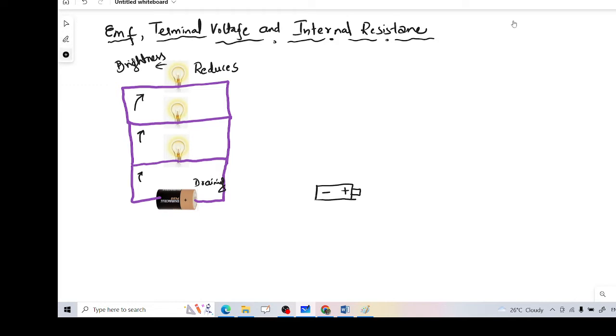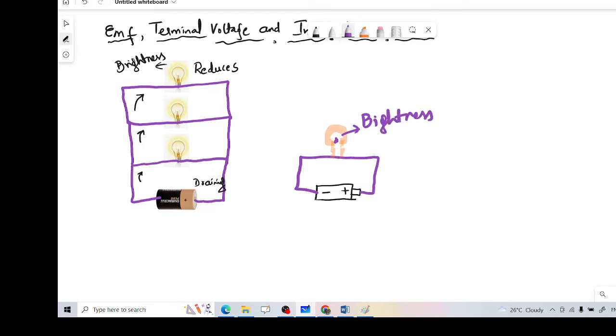When I remove these bulbs and take only one bulb here, the bulb glows much brighter. The brightness of the bulb increases because less current is drawn from the circuit here, and with the help of this concept, what we can study is